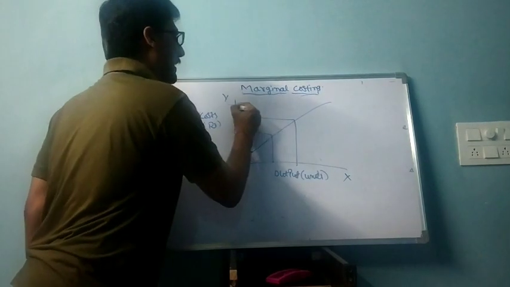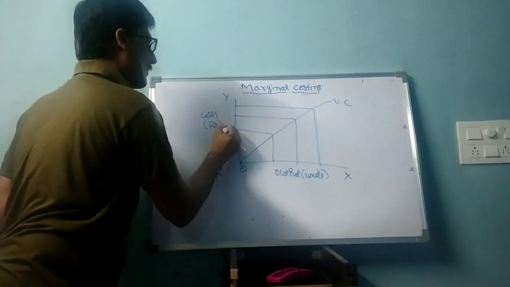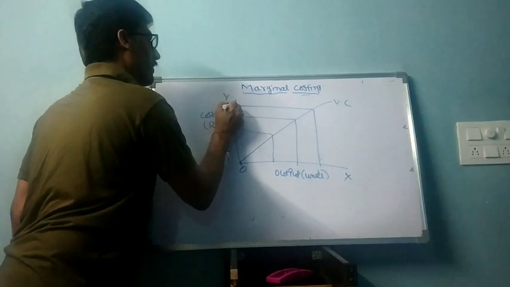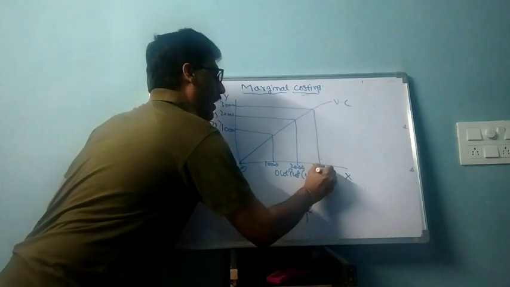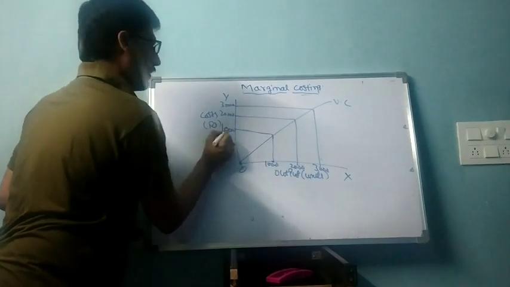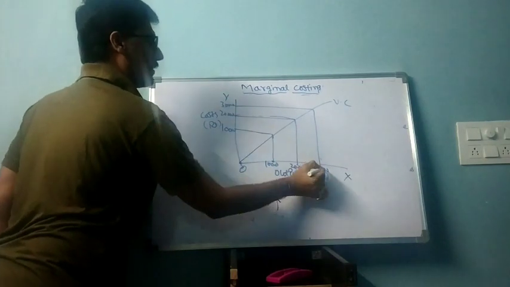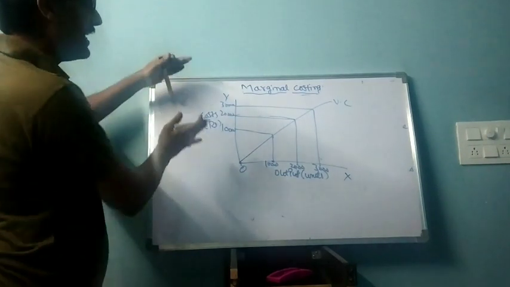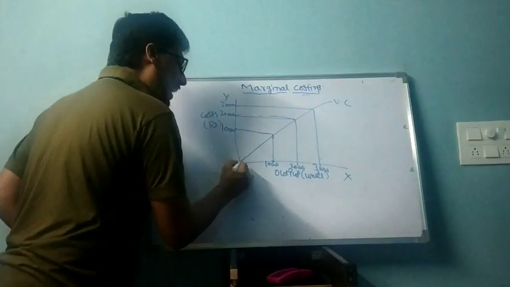See how I am presenting. The cost is going to increase along with the output. For example, this is 10,000, this is 20,000, this is 30,000 rupees. You are producing 1,000 units, 2,000 units, 3,000 units. As it goes on increasing, for example, 1,000 units, what is the cost? 10,000 rupees. 2,000 units, 20,000. 3,000 units, 30,000. The cost which is going to increase along with the output is called variable cost. That's the reason why it is starting from the origin.